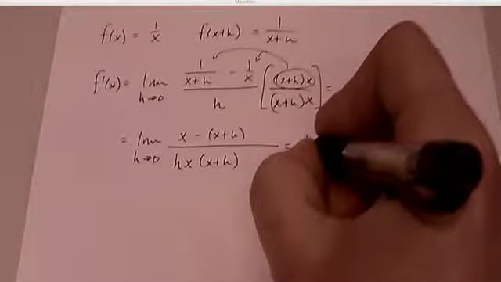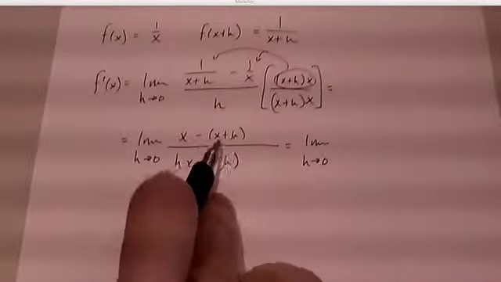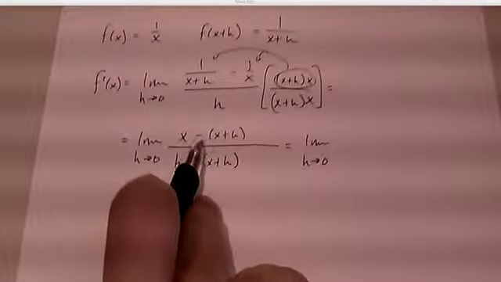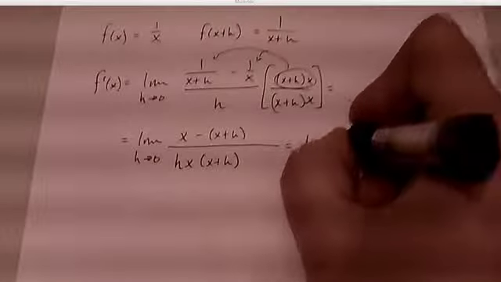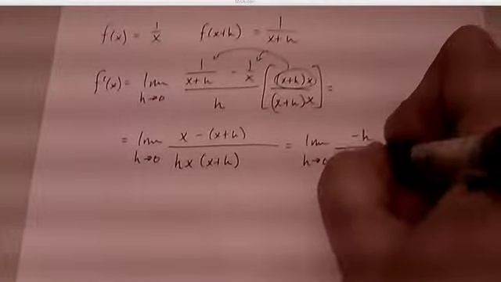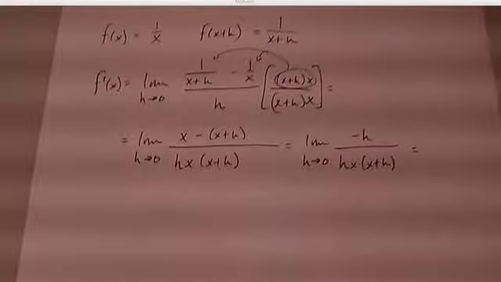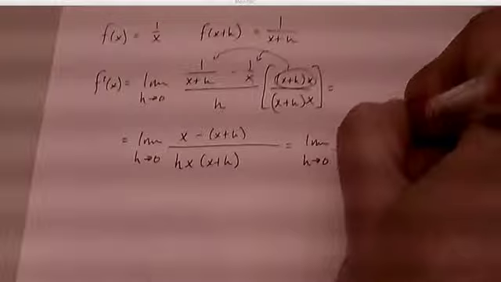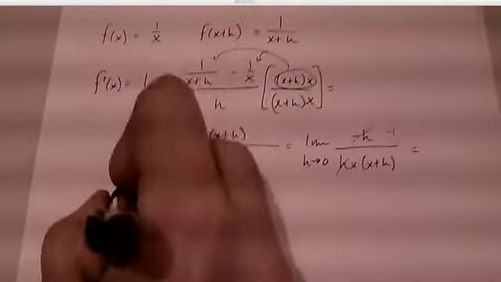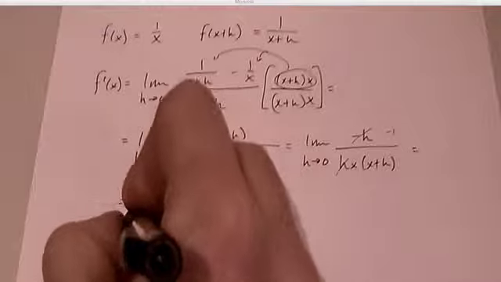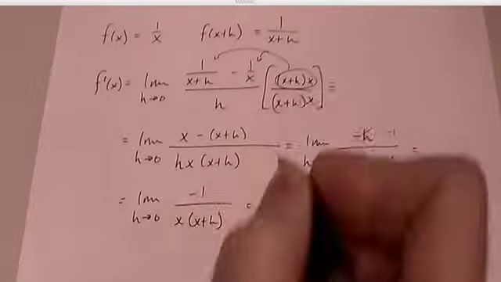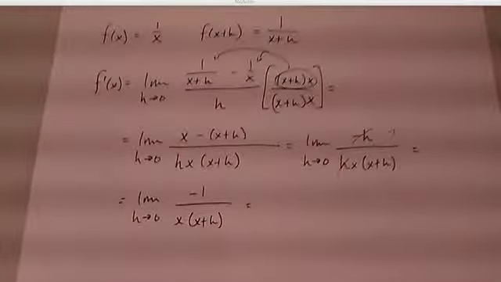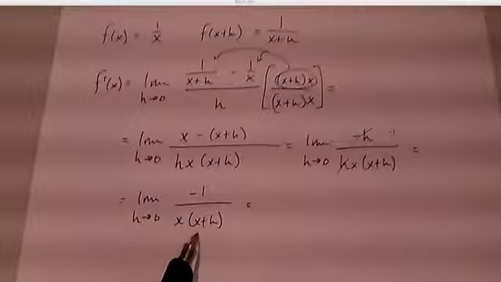So I have the limit as h approaches 0. Well, when I distribute that negative across that binomial right here, it's going to get x minus h. Well, the x's cancel out, and I'm left with minus h. Okay? Well, those h's obviously cancel out, and I'm left with negative 1 in the numerator. And I know that that means that I have the limit as h approaches 0 of negative 1 over x plus h. I now have changed the limit into a form so I can now plug in that 0 for the